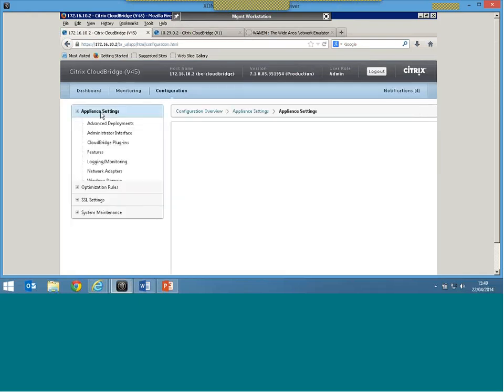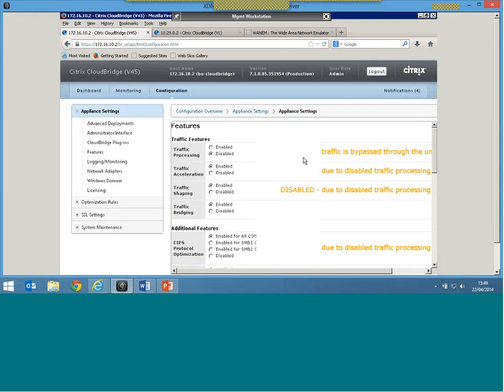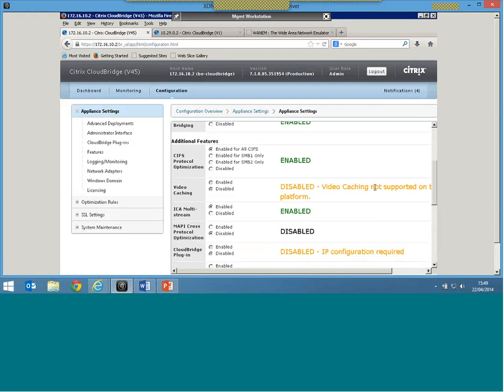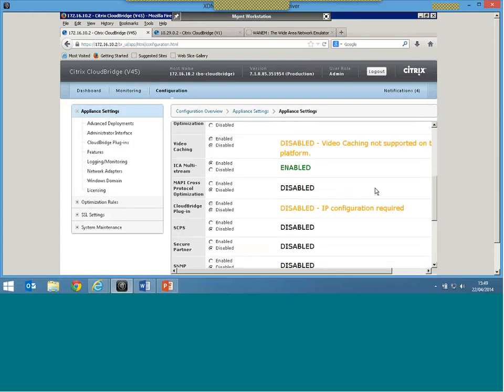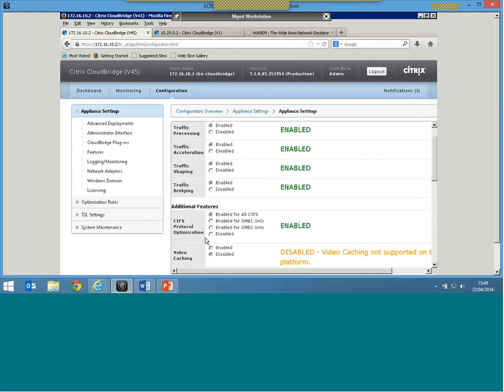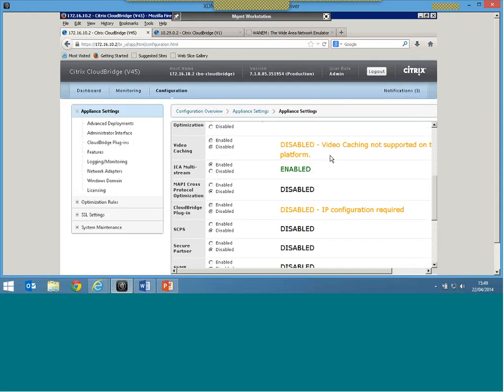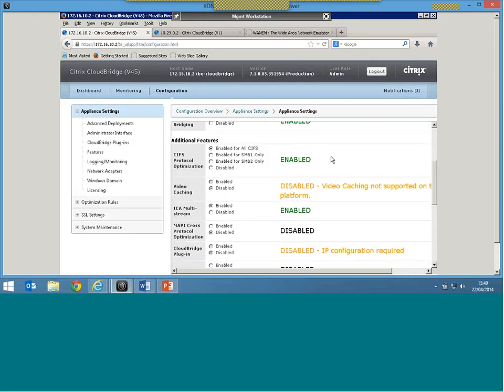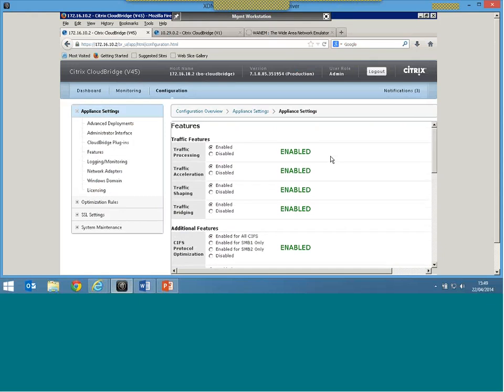So let's go back to our appliance settings of configuration, and let's just enable our traffic processing. We should switch on pretty much everything, or most of these functions. You can see some of these things are not supported on this platform. But now I'm caching my CIFS data, optimizing my CIFS information, and there are other points to do with server message block network connections, traffic acceleration, traffic shaping, etc. Right, so I'm now monitoring on my one CloudBridge appliance, the one closest to my user